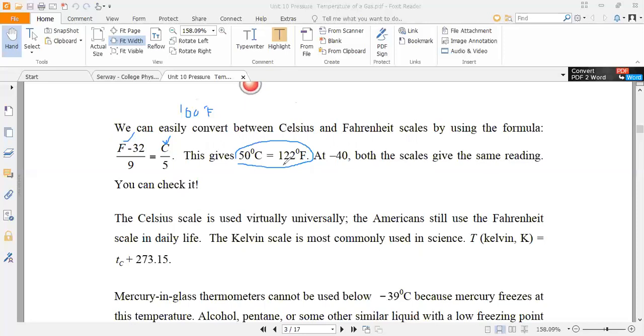Sir, since you're saying that the same formula, which is saying F minus 32 over 9 is equal to C over 5,